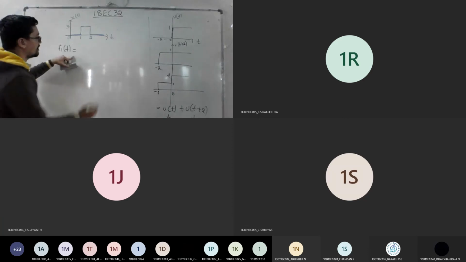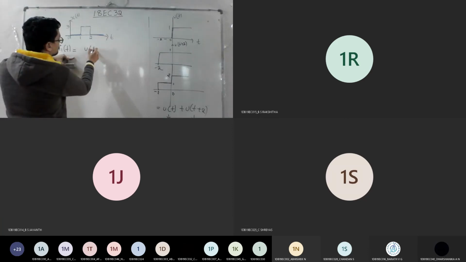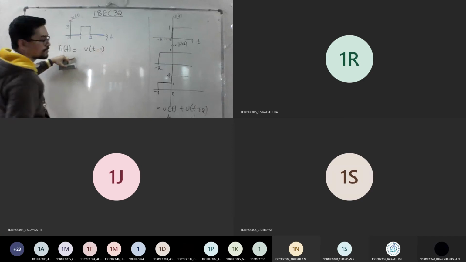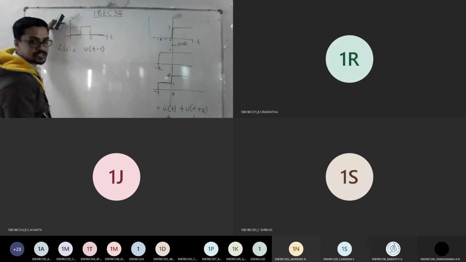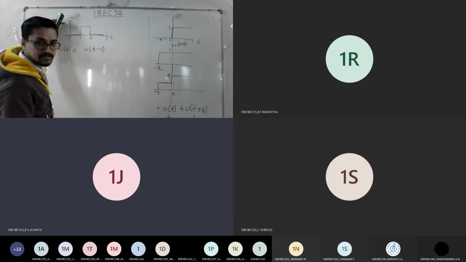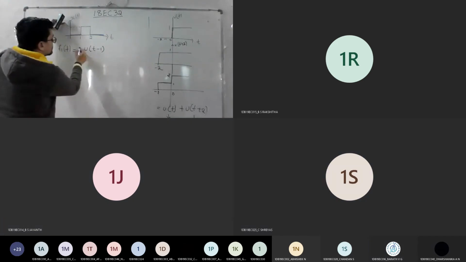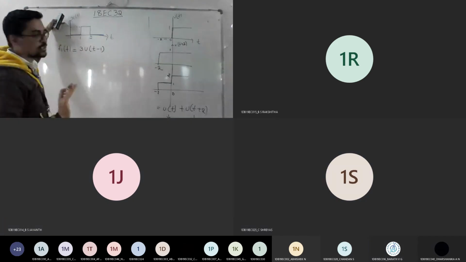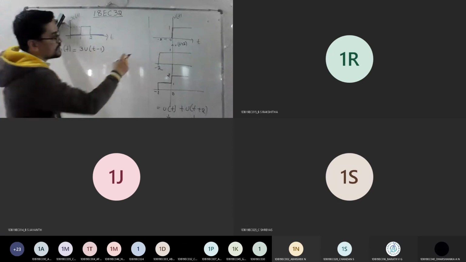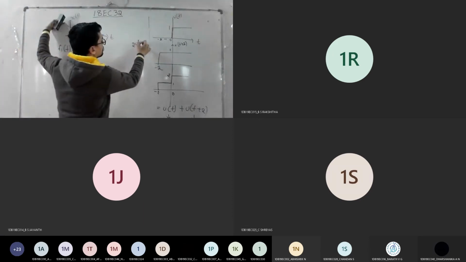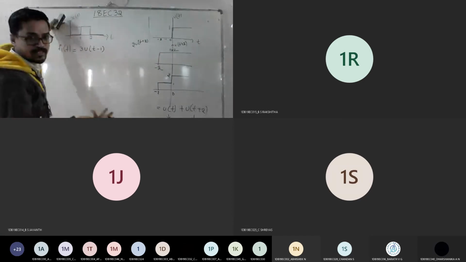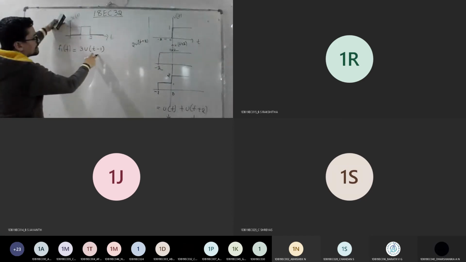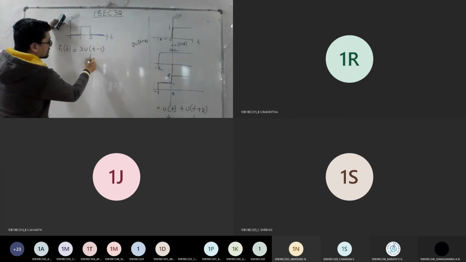See, if you take the first function as u of t minus 1 and look at the amplitude in the question, it's not 1, it is how much? 3, sir. So you just need to multiply by 3, that's all. Whatever the question gives, if they say 2 times u of t plus 2, then whatever the u of t is, the amplitude should be multiplied by 2. It becomes 2 times, that's it. Same way, u of t minus 1. So just try to plot this.